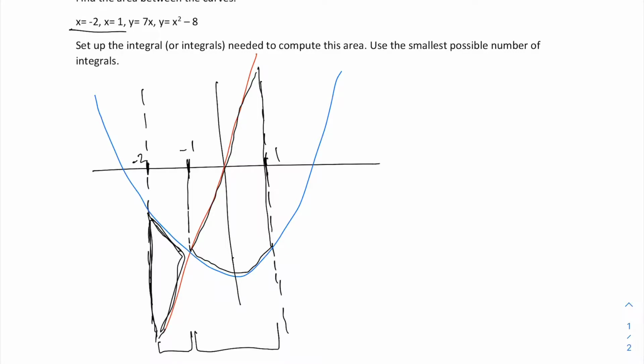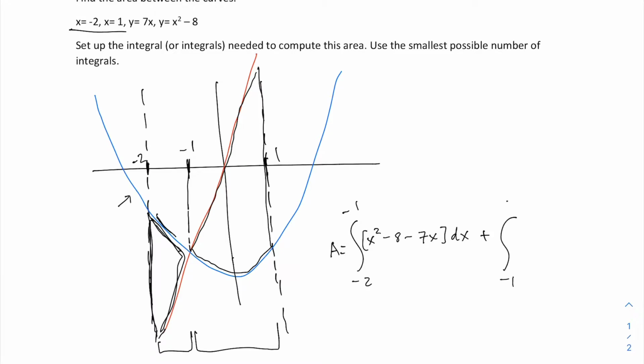Okay, for the first part, we see here that the quadratic line is on top of the red line. So let's keep that in mind as we are setting up our integrals. So the first part, we start from -2 to -1, and the top line is the blue line. So because when we set up the integral, we do top minus bottom. Okay, so for the first part, we see that the blue line is the top, so it's gonna be x squared minus 8 minus bottom, which will be the red line, 7x dx,